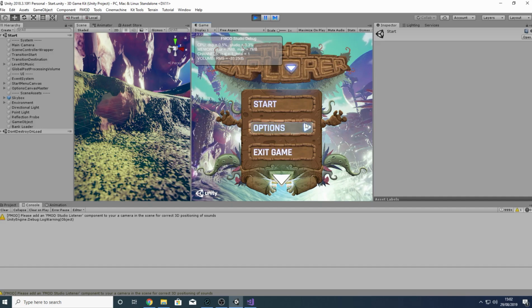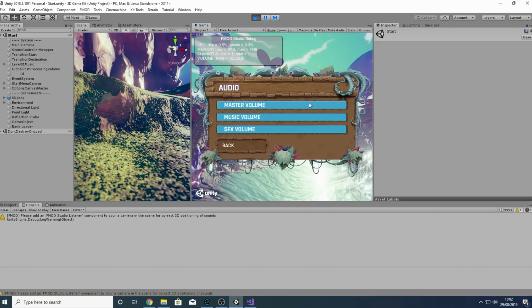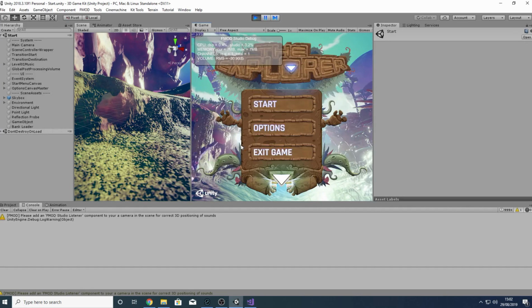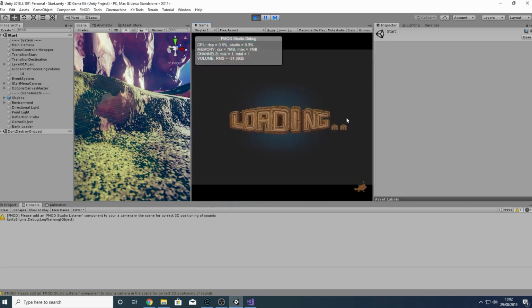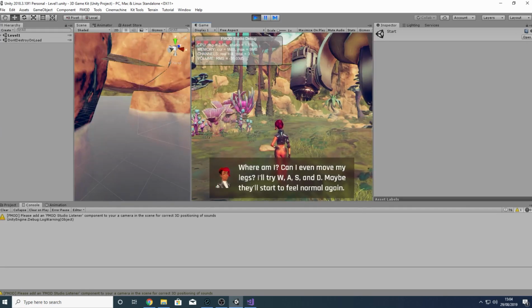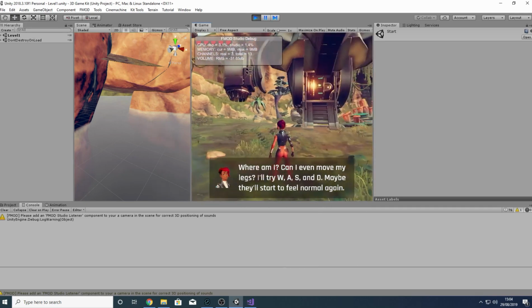We can then go into options, select audio, and we can adjust the sound effects volume slider and hear the UI level test event play. If we then go back and click start, we can move on to the first level. As the level starts, we can hear that our music is playing again, meaning the bank successfully unloaded itself and loaded back in. If we then walk around,